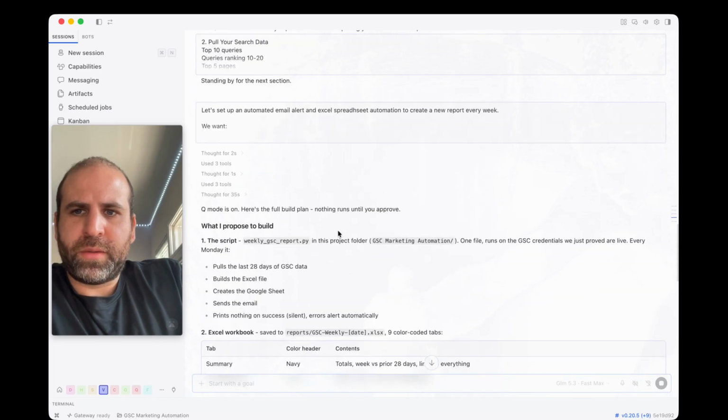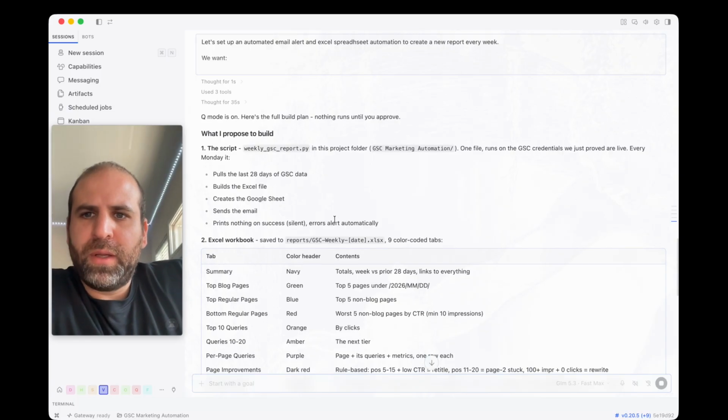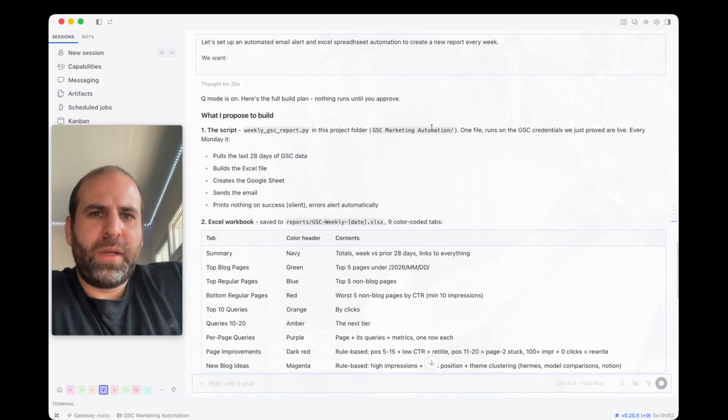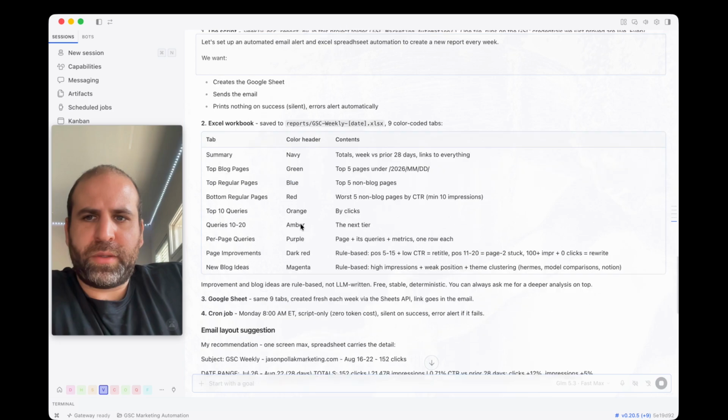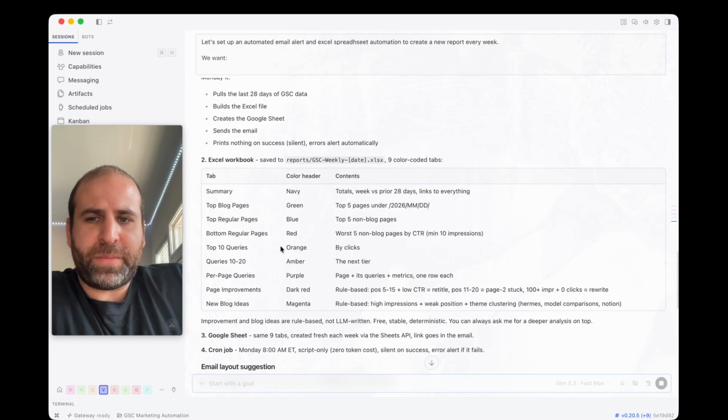Here's also the bigger part of the plan. So Q mode is on. See, it recognizes Q mode. It built itself a script, the weekly GSC report script, one file, runs on the credentials it has already. It's going to create the Excel workbook, a summary tab, top blog pages, regular pages, bottom top 10 queries,